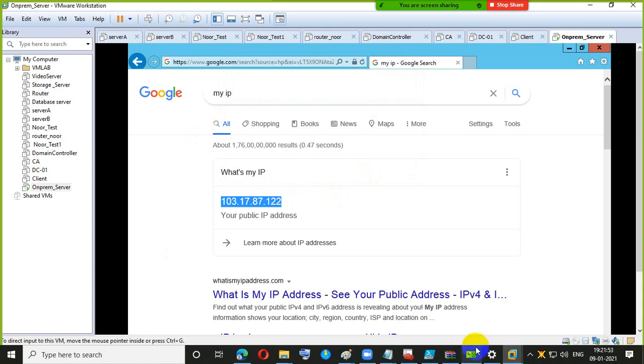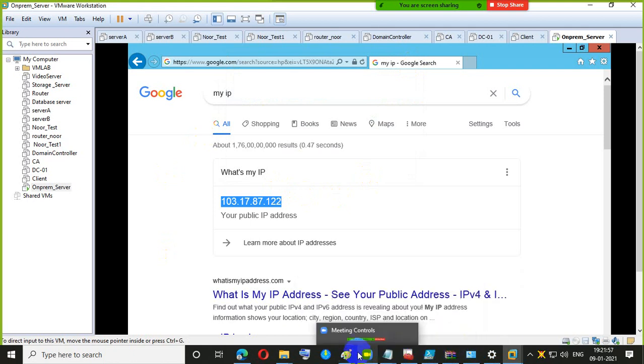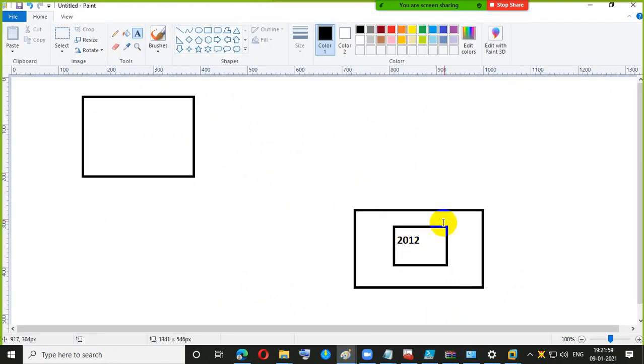So let's now understand the concept. Now this is your on-premises 2012 server, and this is your cloud portal, right?